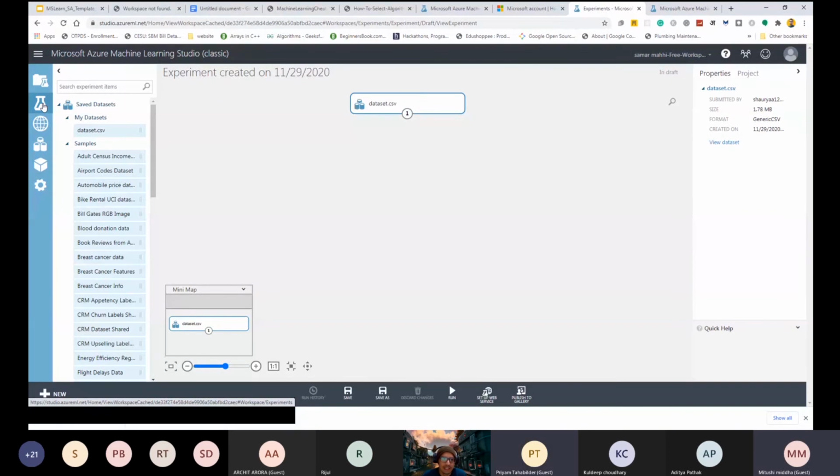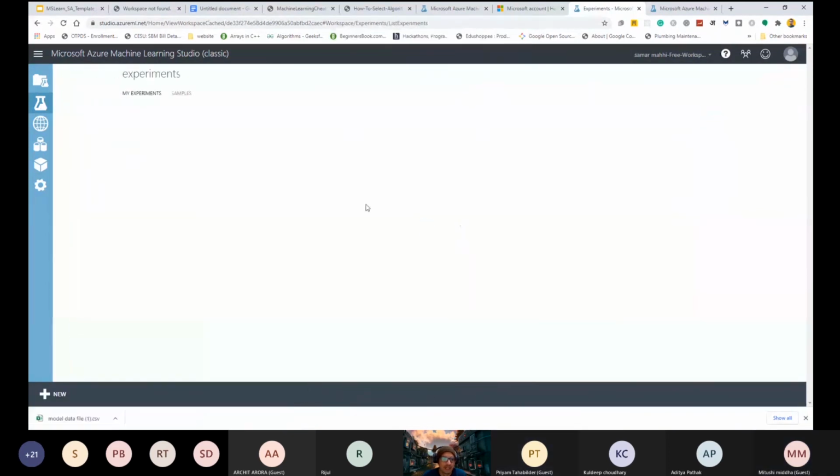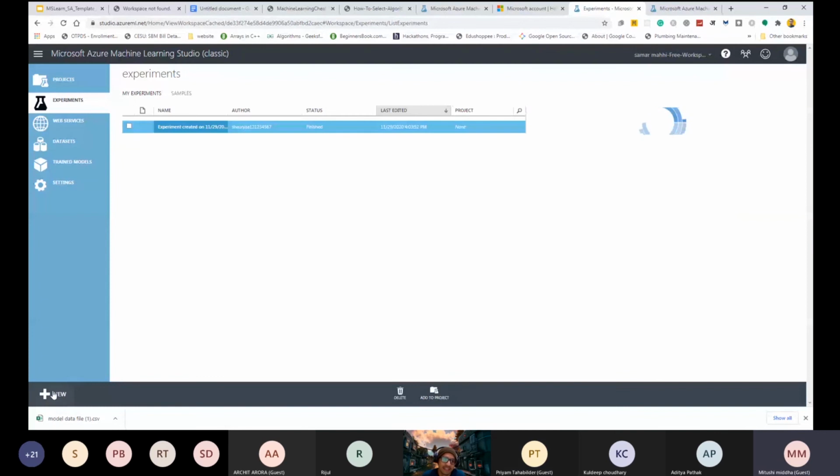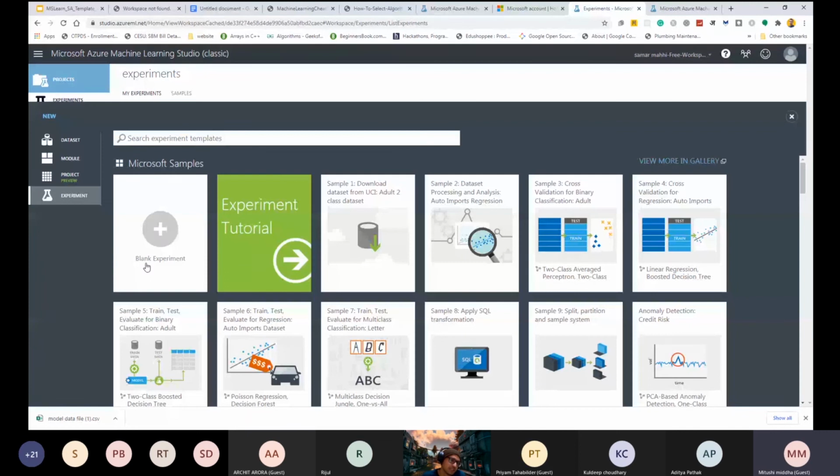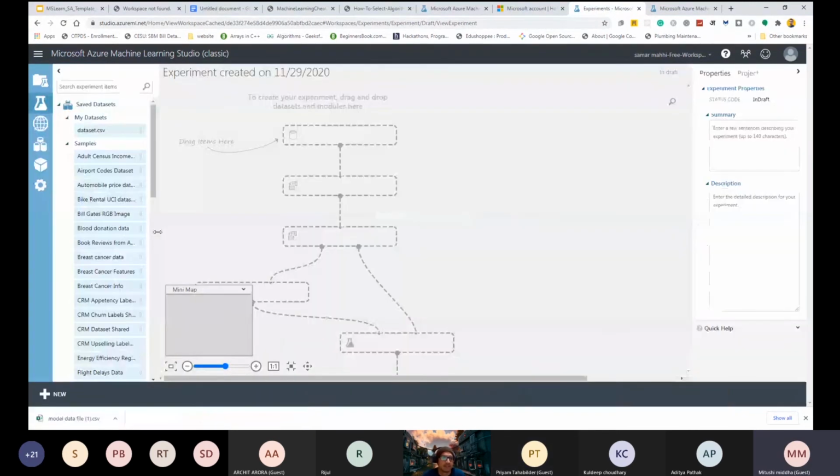You just have to click that experiment part, and on the left side you can see a new tab. Just click that new tab, and then click the blank experiment. After that, you just have to go to the my dataset part. Then you will get the dataset.